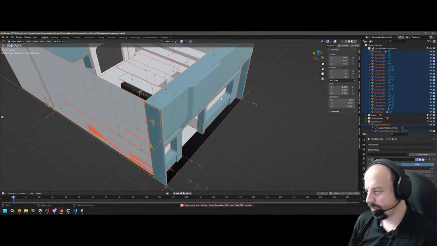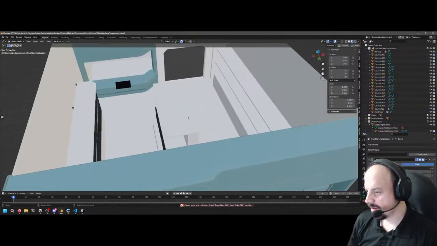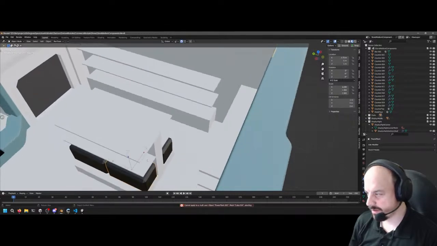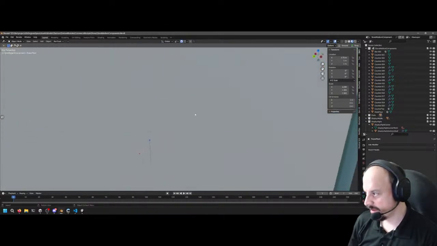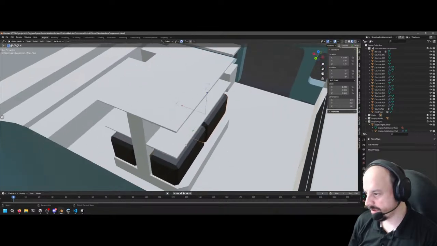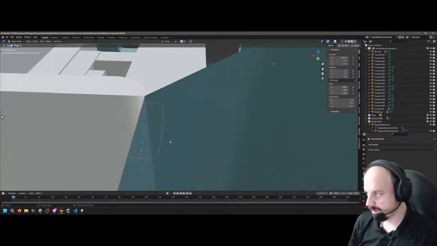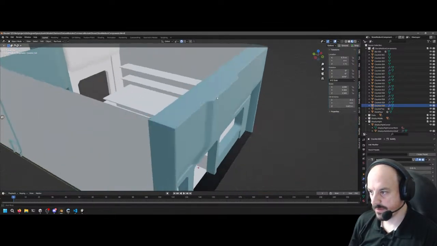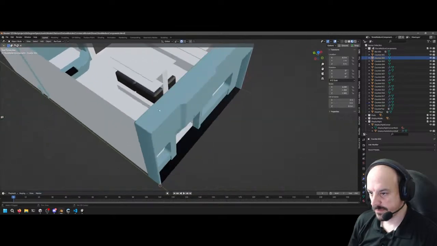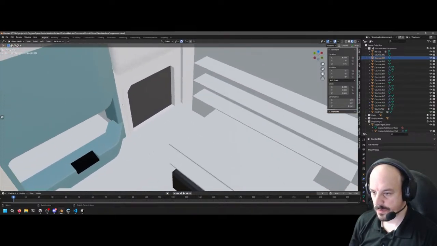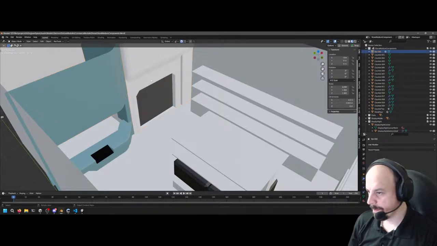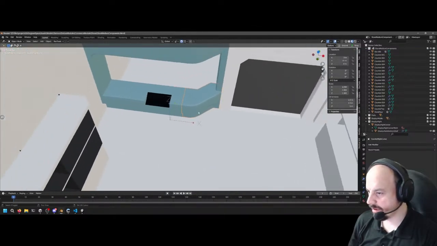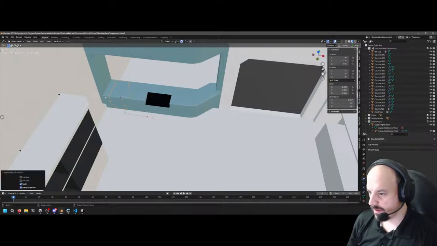Power plant 01. What? Oh, these guys. Their rotation is fine. So some of these must be inverted in scale.